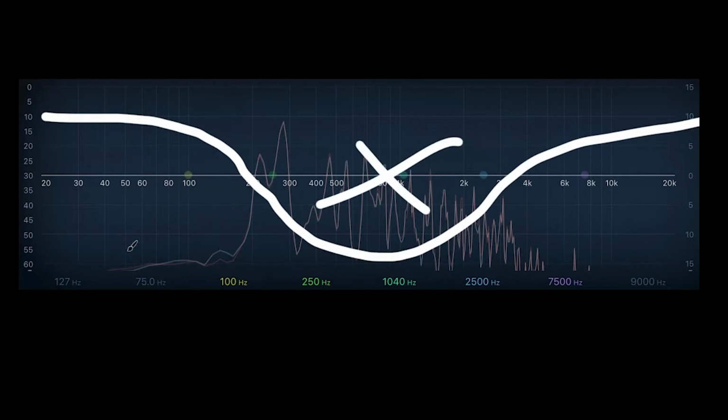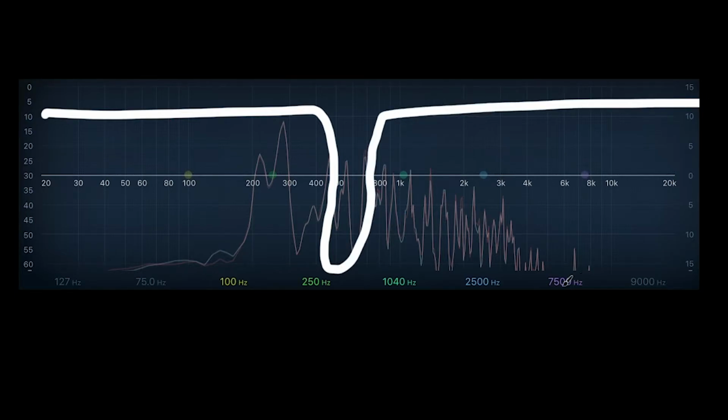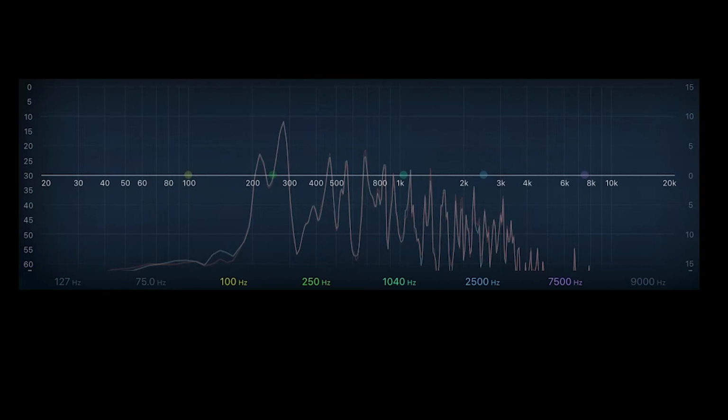So all of this is being rejected and only this is being allowed to pass. Or if I had a very sharp Q, it might look something like this, where now just this very narrow band is rejected and everything else is allowed to pass. And we can also have Q on any kind of filter, including, let's say, a high pass filter,